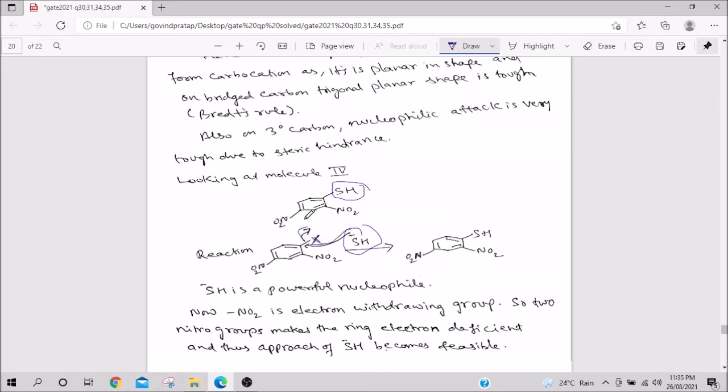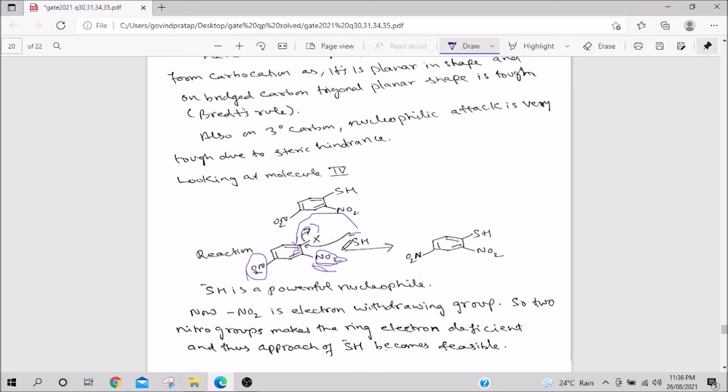As soon as you see a benzene ring, you will think, okay, on a benzene ring we know nucleophilic substitution does not happen. So this should not happen. That's what should be your first thought. But that's not right. What has happened is, here on the ortho position and para position, you have nitro groups. They are both electron withdrawing in nature, both by minus I and minus R effect, and the minus R effect will happen only in ortho and para positions. So they are very powerful withdrawing groups. They remove the electron density from the ring, and therefore a negatively charged nucleophile can approach the positively polarized ring, and this reaction can happen.